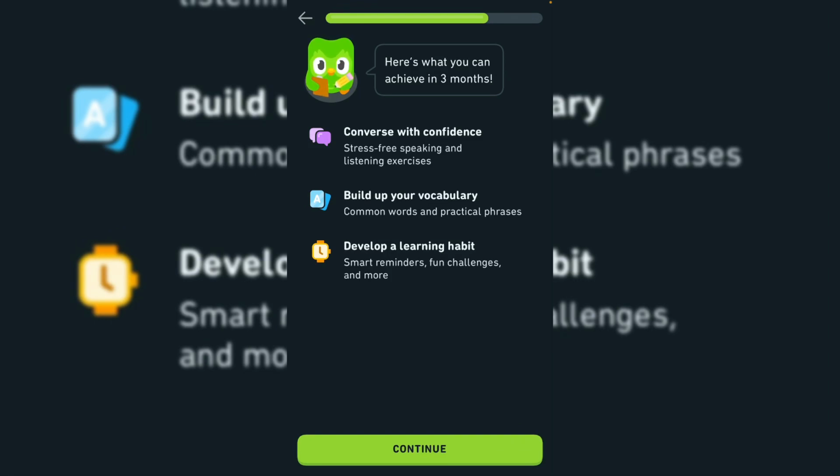It says converse with confidence. Amazing, interesting. It's something I actually want and I'm looking forward to it. Imagine that in the next 3 months I can actually speak French fluently. It's going to be adding to my credibility, my knowledge, and it's just going to give me a confidence booster, right? And then when there are opportunities for me to take up even a job outside the country, I won't hesitate. All right, so it says in 3 months I'm going to be able to converse with confidence,